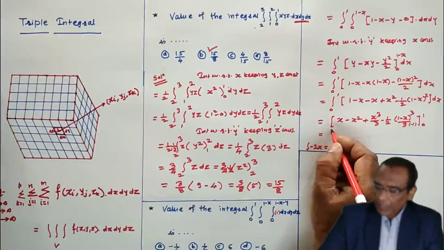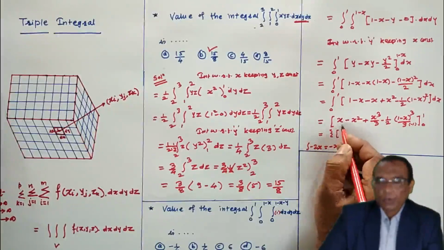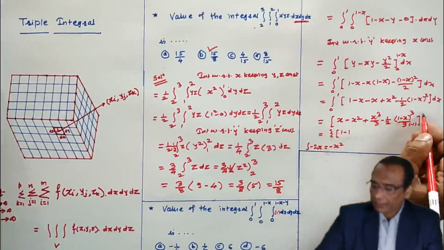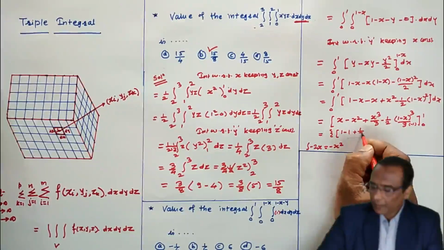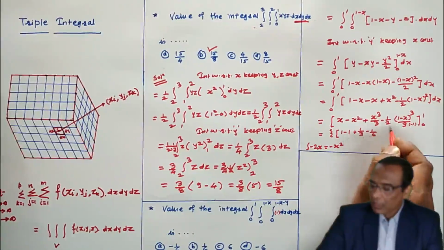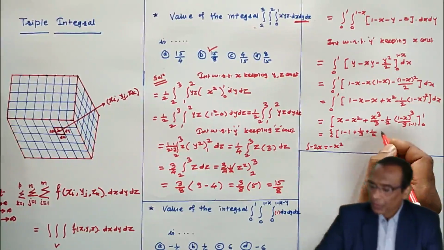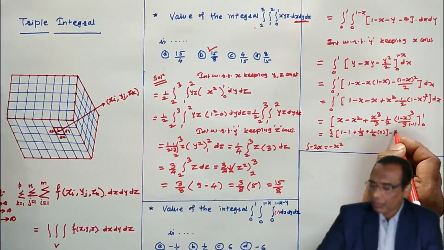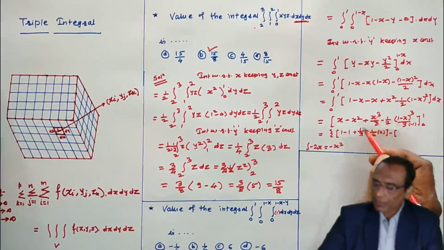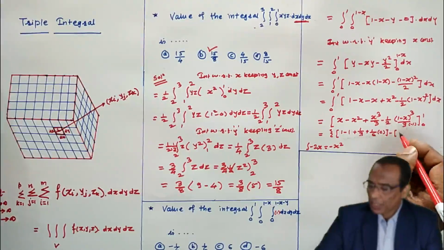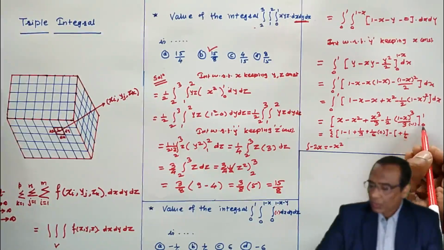Now put upper limit and lower limit. Put upper limit, lower limit very carefully. This is 1, this is 1 square, this is 1 cube by 3, minus 2 into this is 6, minus minus plus. If you put x equal to 1, I will be getting 0 here, minus of lower limit now. Put x equal to 0, if you put x equal to 0, 0, 0, 0, then minus minus plus now here, 1 by 6, and put x equal to 0.